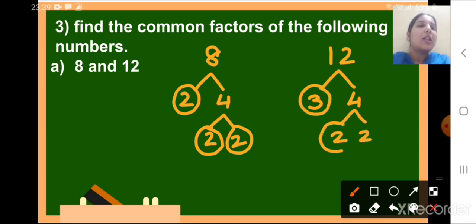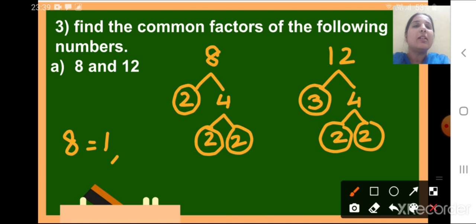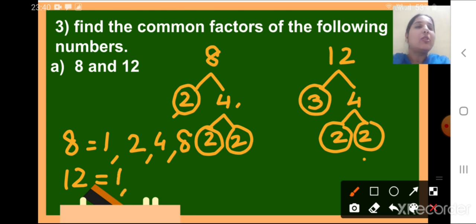Now we'll write their factors. So let's write for 8. What will be the factors? 1, 2 and then this 4 and then 8 itself. In the same way we will write for 12 as well. For 12 we have 1, then 2, then we have 3, then 4. Then 3 2s are 6, 6 2s are 12, and then